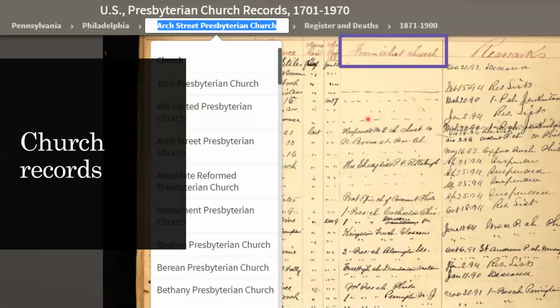And the other thing to look for in the church records is the registers. And needless to say, when I went to find one of the ones I've used in the past, where someone had transferred from a Scottish church to a US church, I was not able to find it. But this is typical. This is for Philadelphia. You can see there are a whole bunch of Presbyterian churches, and many of them have this register, and it will list the person's name,